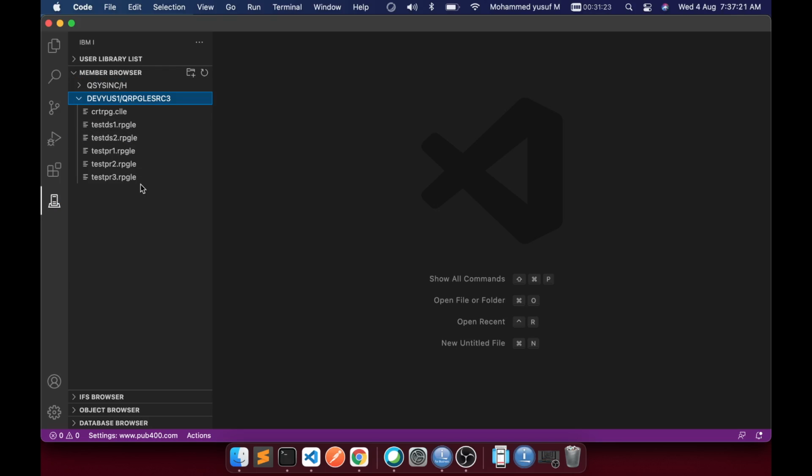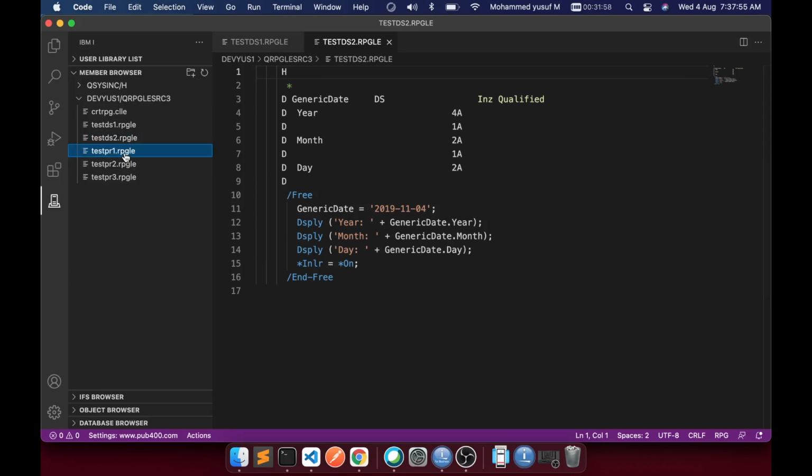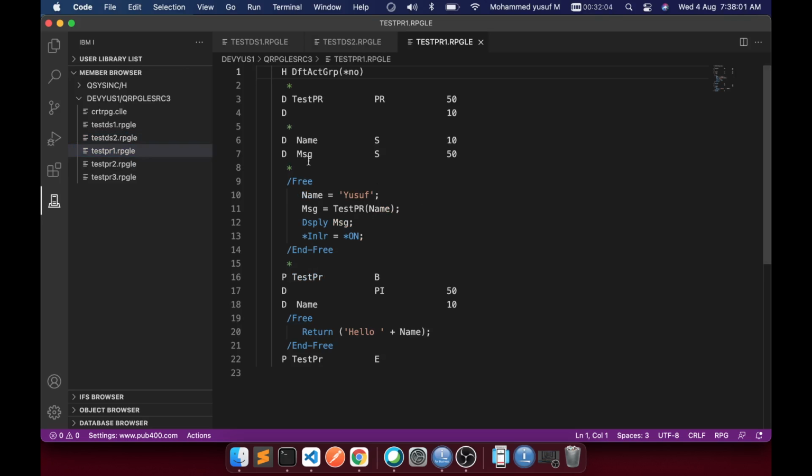The next cool thing is we can create or write the code from here. If you select an existing program, as you can see, we see the code here with all the formatting and so on. Obviously fixed form might be a bit tricky here because you need to maintain the column positions, but why do we need to code in fixed form? We can always code in fully free form. I think I should have something in fully free form, but anyway, we'll see that exercise later. As of now, let's write a new one.